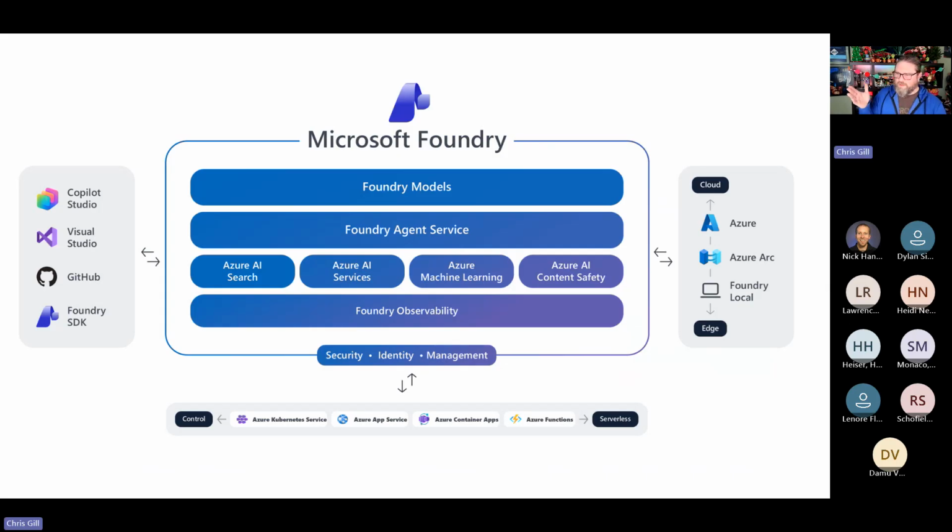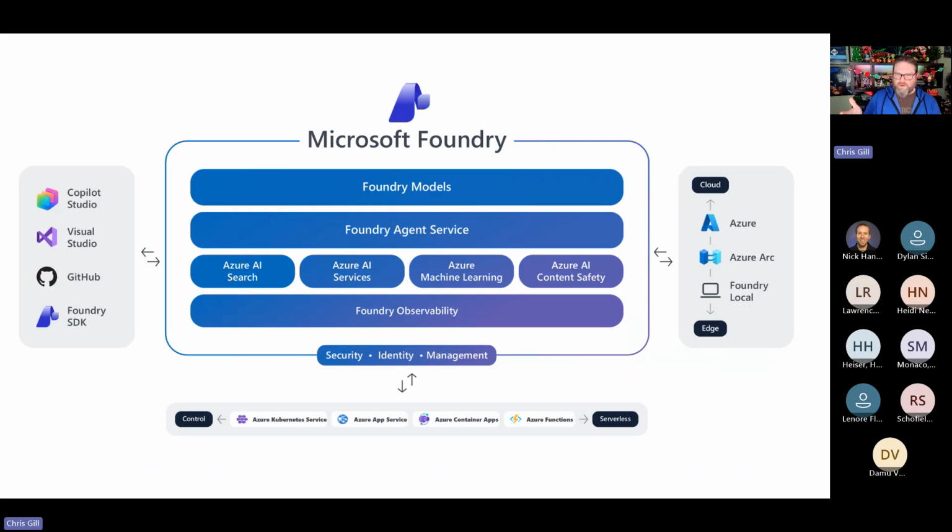So I will say this screen, at the end of the day, Microsoft Foundry, at least in my mind and my experience, is where all the magic happens. So this Foundry platform, including models, agent service, search, machine learning, observability. That flexible, secure platform really brings to fruition intelligent enterprise-ready agents.